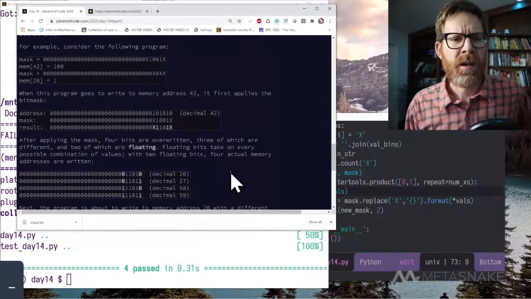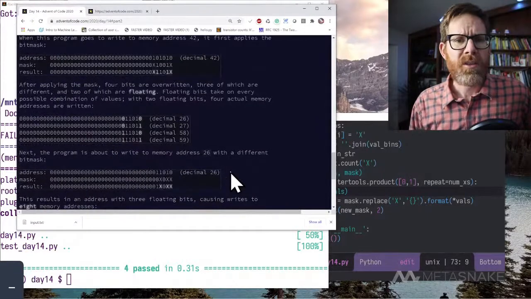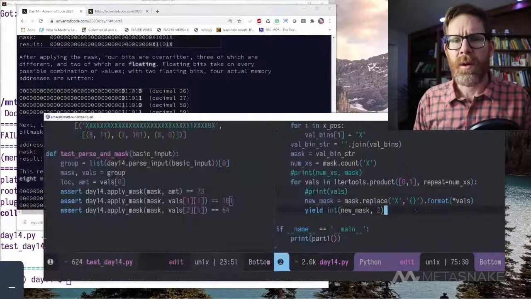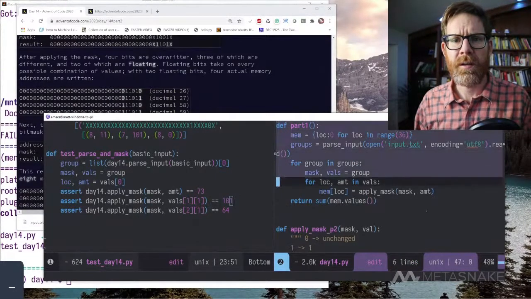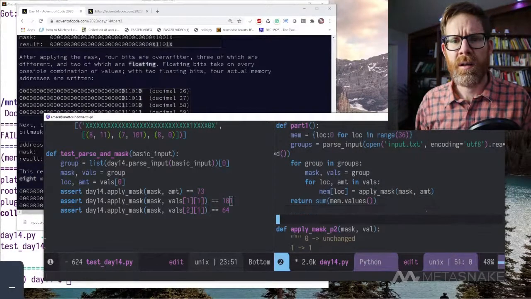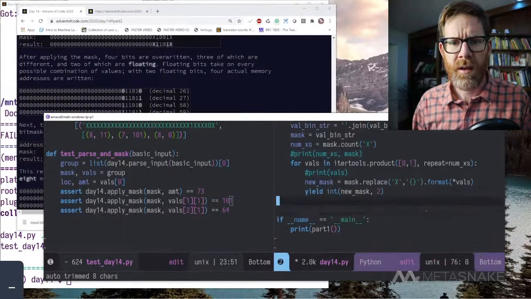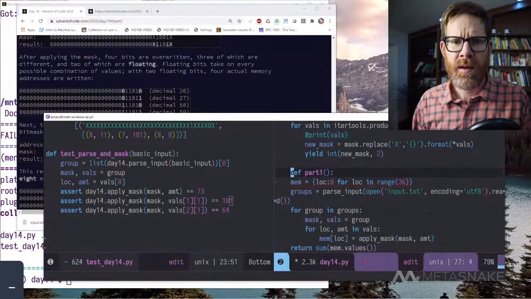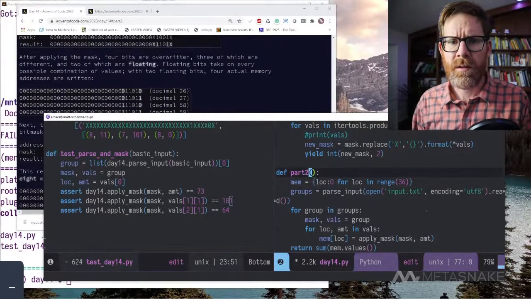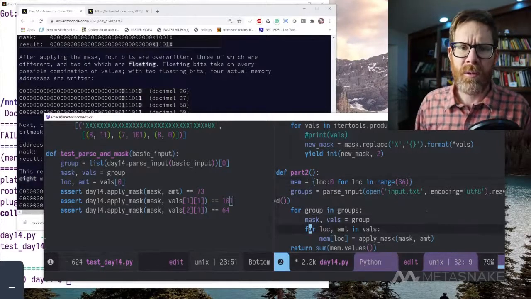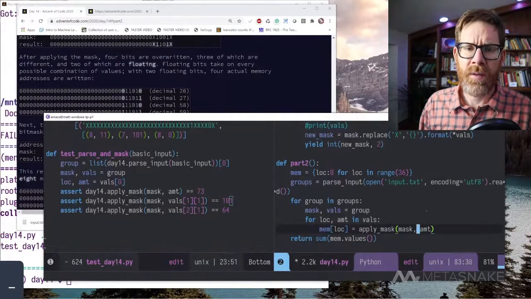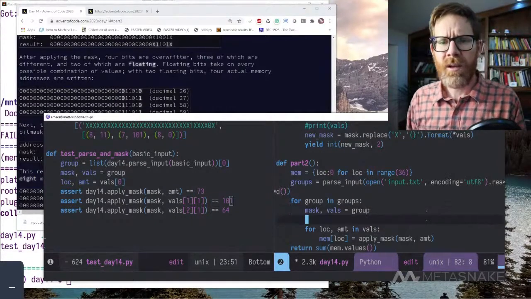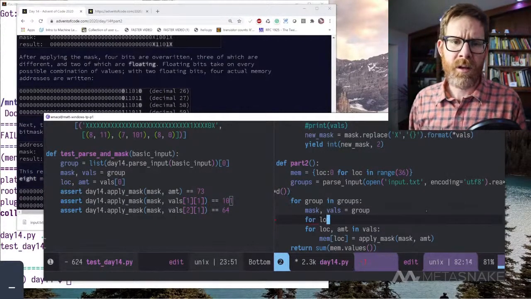this up here. Okay, so these are the memory locations. We're going to overwrite all those memory locations with that. So I'm going to make this part 2 runner here. So part 2, we've got our memory locations. Then we're going to say for group in group, we've got our mask and then our val. And then we're going to say, and we've got our vowels instead. We're going to say for loc